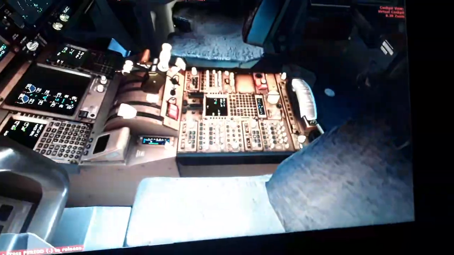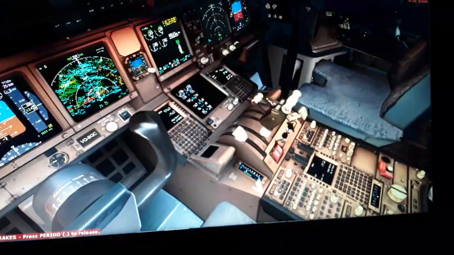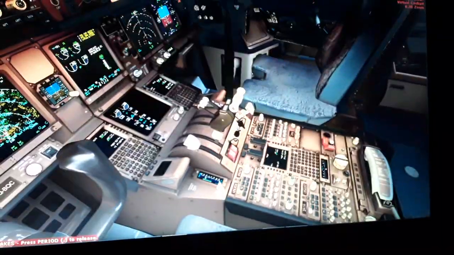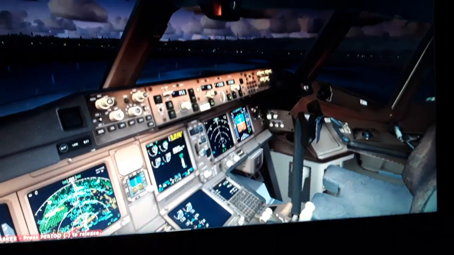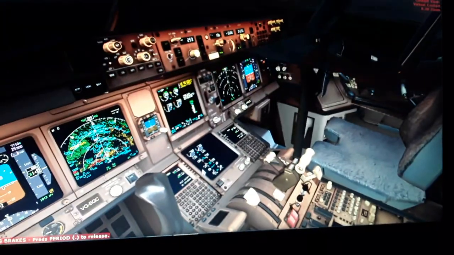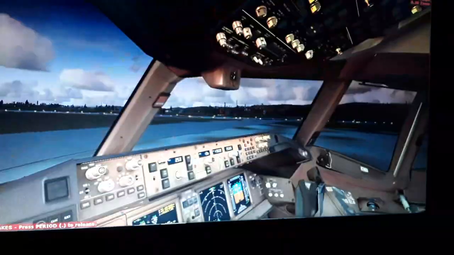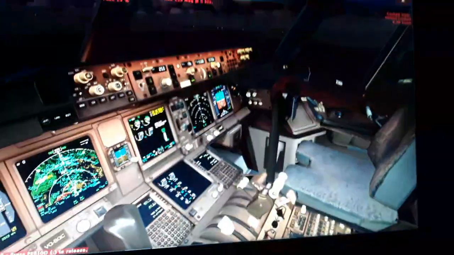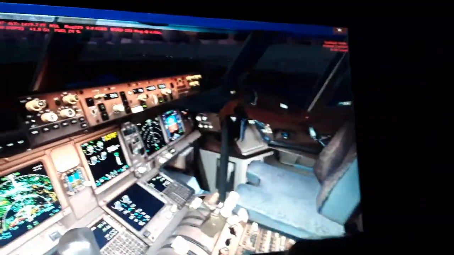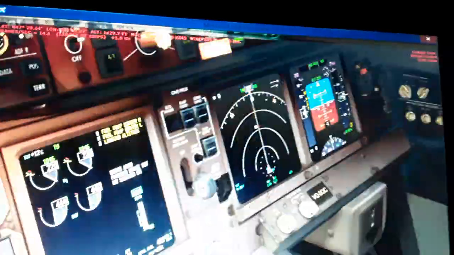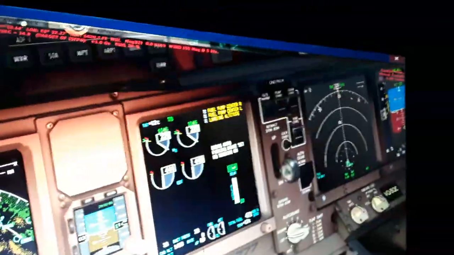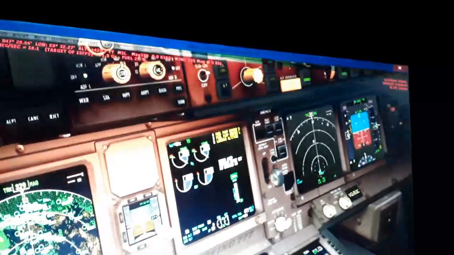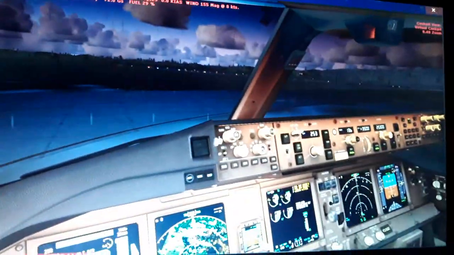So I'm going to show you also the flight controls. I show you the thrust levers, the upper and the lower ACAS, and indication of the system display, the overhead panel. So we have the thrust levers. You will see on the display the upper and the lower ACAS and the indication of the system display. Over here we have also